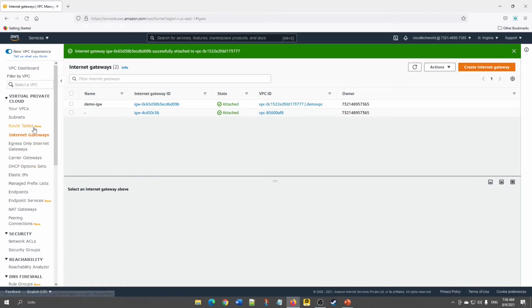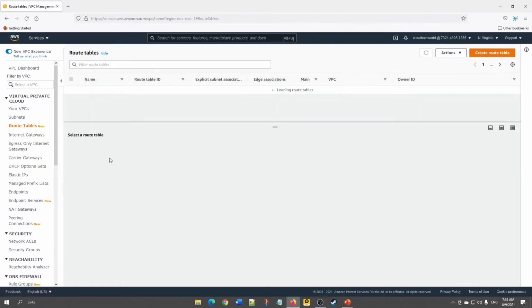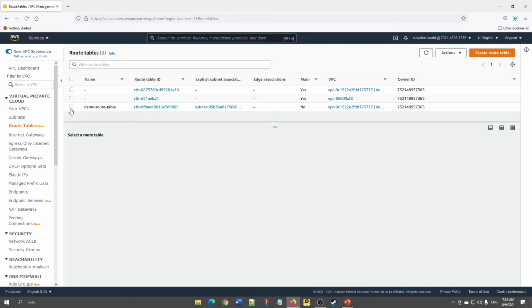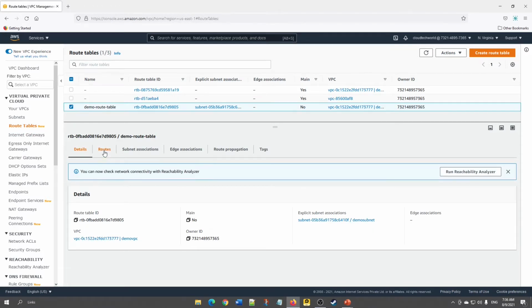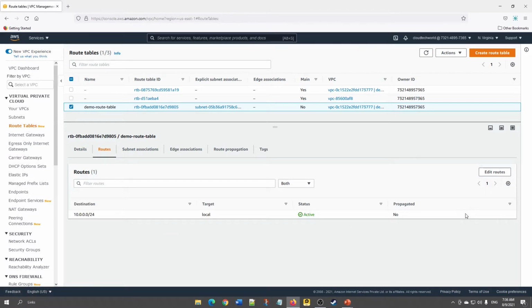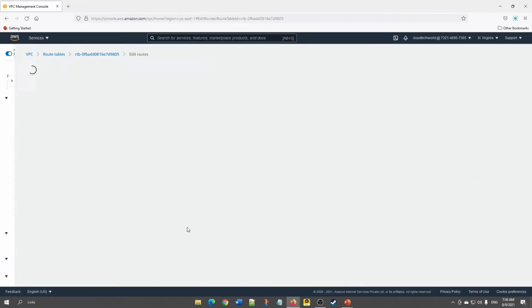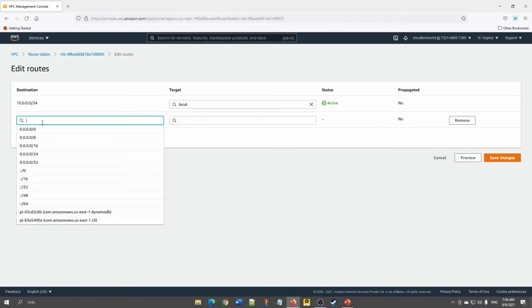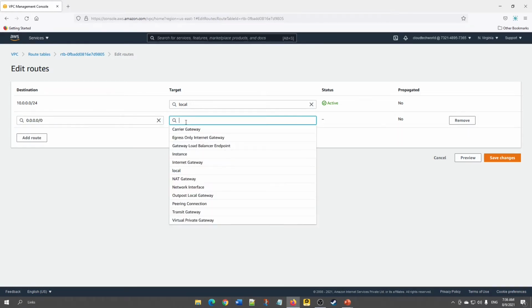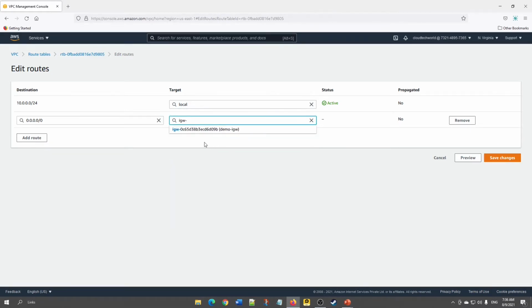So next thing we need to do is, with the route table, we need to populate the internet gateway which we created. Otherwise it won't communicate to the outside world. We won't be able to connect from outside, I mean we won't be able to connect from our desktop. So click on edit routes. Click on add route. This is the internet routable address. Choose this address. Then choose the internet gateway which we have created. Here you can see demo IGW is coming. Click on save changes.